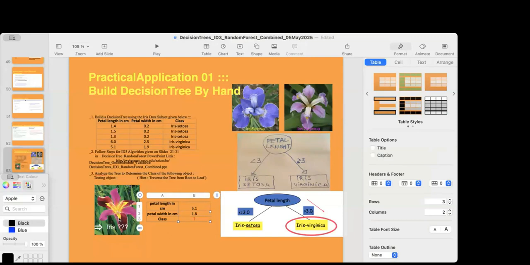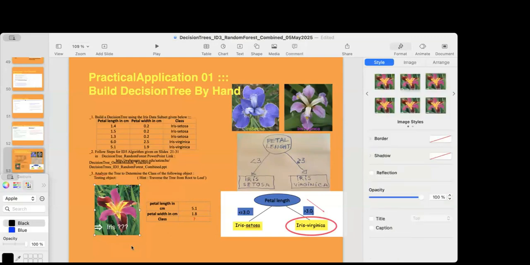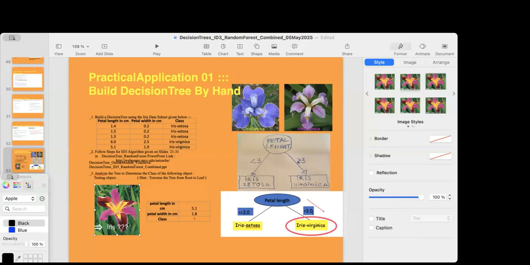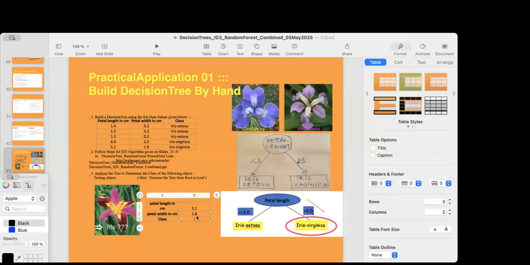So this testing data here says, what kind of flower is this? We would like to know what kind of flower this is. This ruby red flower with the yellow in the middle here. Is this an iris setosa or an iris virginica? So the question is, as you can see with this red question mark right here, what kind of flower is